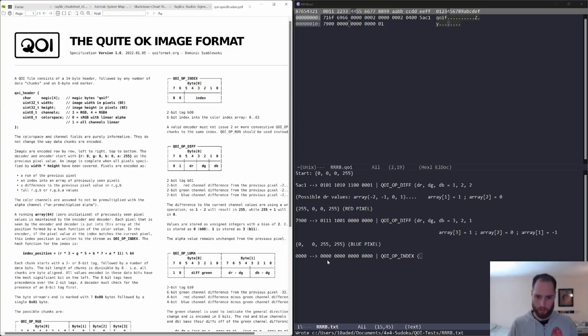And okay, the index is just going to be these values here, which is 0. Okay, so now we need to go back into the